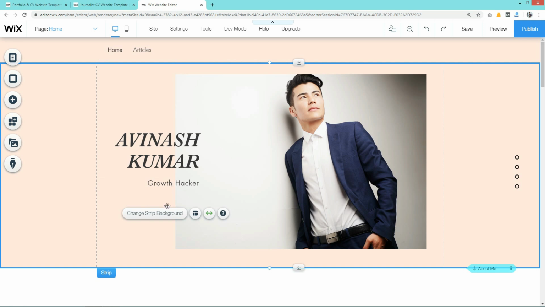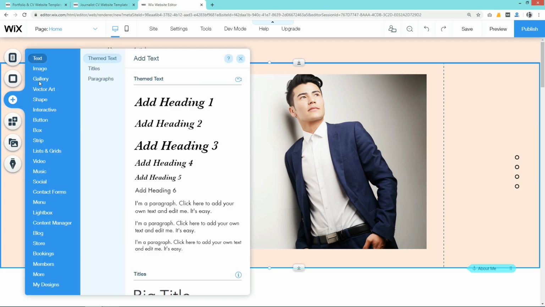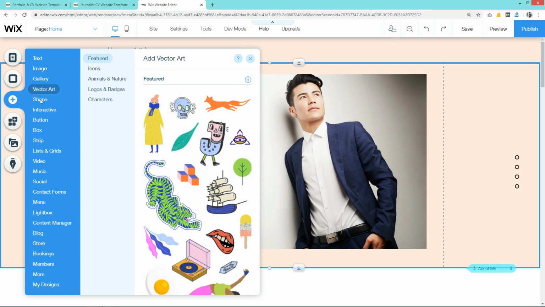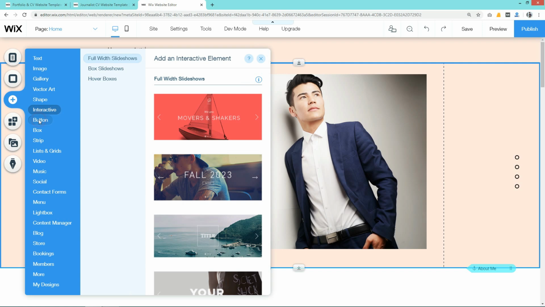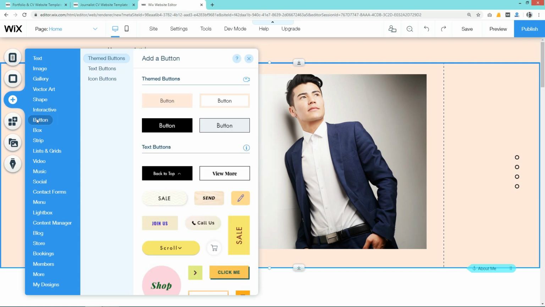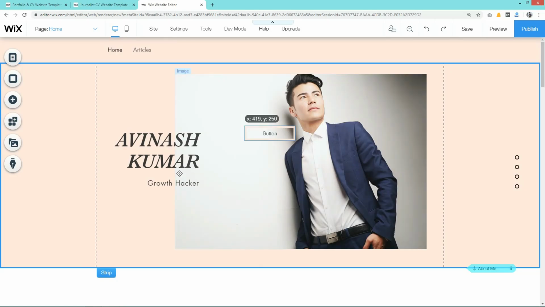Next, I'll tell you how you can add any new content on this layout. So just come here. I'll click on this plus icon. Here we have lots of things. We can add image, gallery, text, buttons, and so many things. So let me come to the button. And you can see we have different types of buttons here in the right side. So we can drag any button on our web page. So let me use this one. I will hold and drag it on our web page. Now we can drag it to change the position. So I will drag it over here.